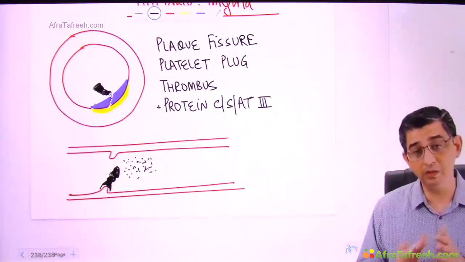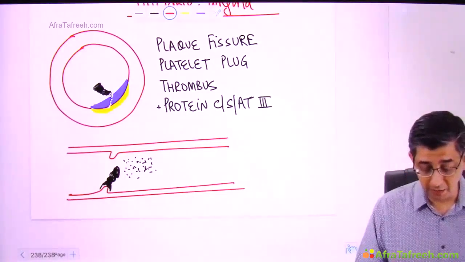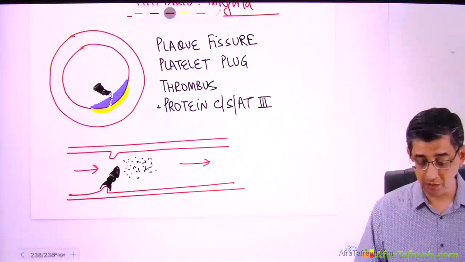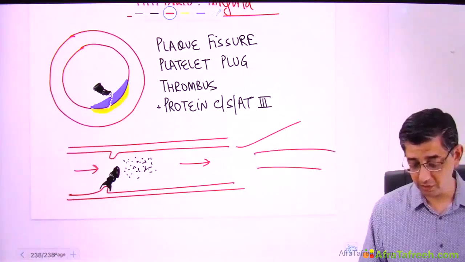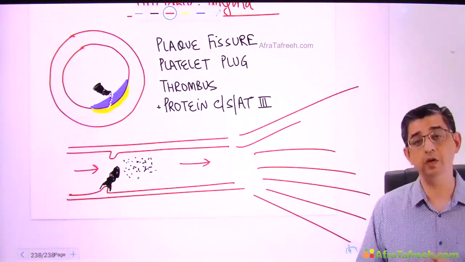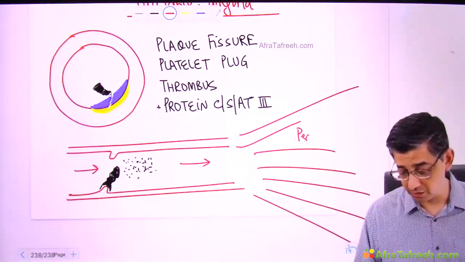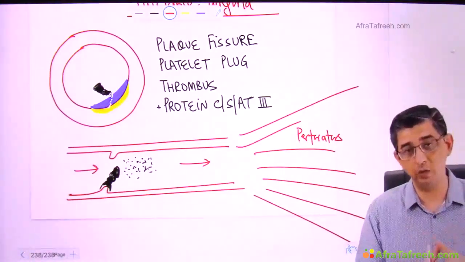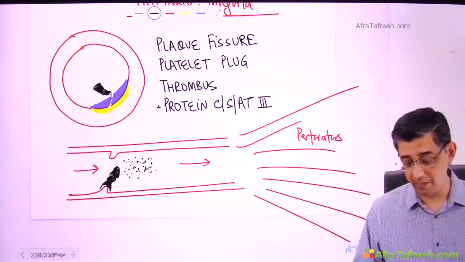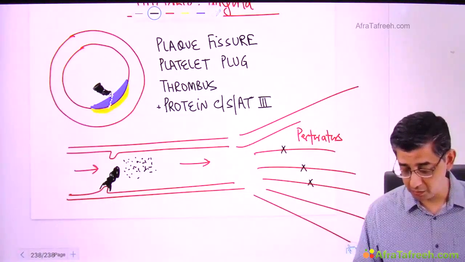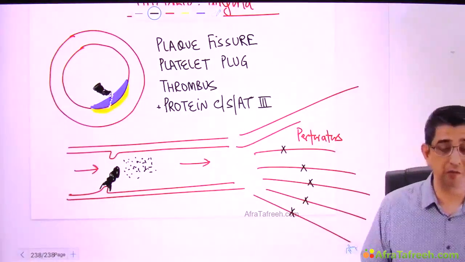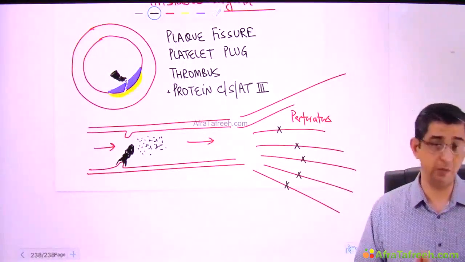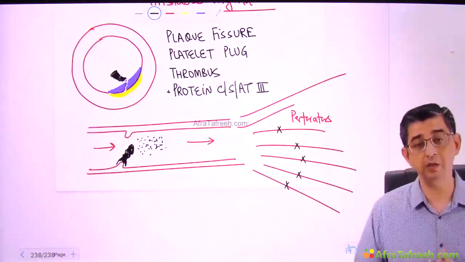The inbuilt fibrinolytic system operates on protein C, protein S, and antithrombin 3. This is breaking up this clot into fragments, and these fragments will then be distributed via the bloodstream to the distal circulation. So the epicardial coronary artery will now give rise to branches. These are the distal ultra small branches of the main coronary artery. These ultra small branches are called perforators. See, coronary arteries are present on the outside of the heart, and they send branches deep into the muscle, and all these small fragments will go and will cause physical blockage of these ultra small blood vessels, called perforators. And because of the physical blockage of the perforators, now the myocardium is suffering, and that is where the chest pain originates in the person.